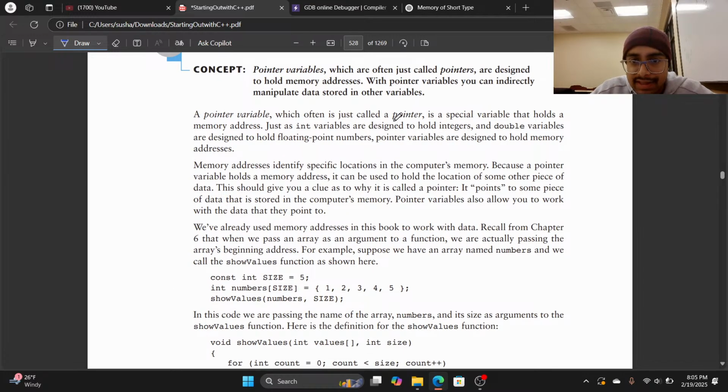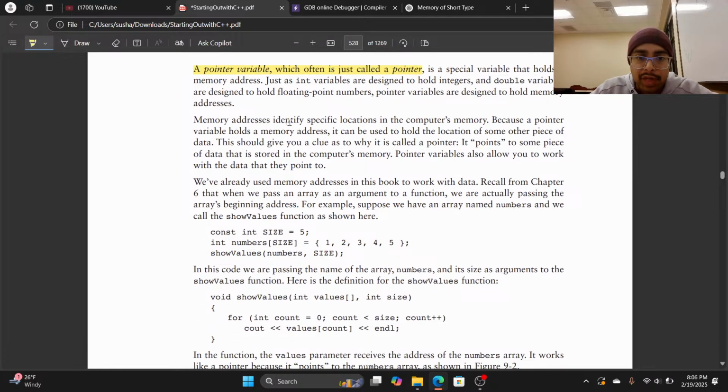Okay, a pointer variable, often known as a pointer, is a special variable that holds a memory address. Just as int variables are designed to hold integers, double variables are designed to hold floating point numbers, pointer variables are designed to hold memory addresses. Okay, got it. A memory address identifies a specific location in the computer memory. Because a pointer variable holds a memory address,